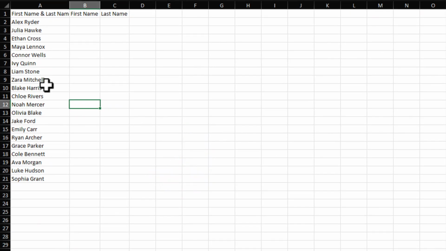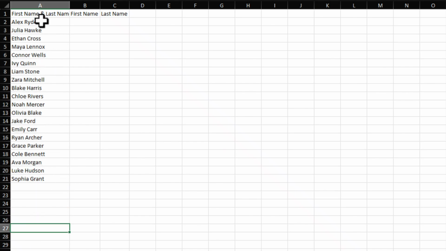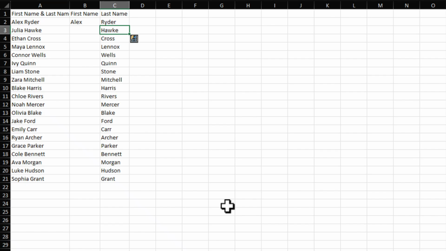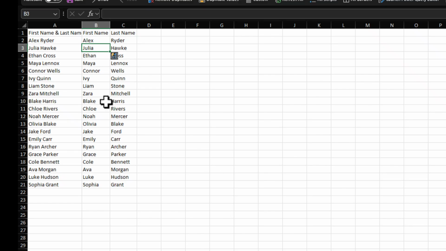For an example, I've got this list of names where I have names and surnames in the same cell, okay, and I want to separate them. So what I need to do is basically I need to provide a dummy data to this shortcut. So what I'm gonna do, I'm gonna just basically type the name and surname separately and press this magical shortcut. Voila, job done. We didn't write any formula or anything, we just pressed this shortcut and it did the job